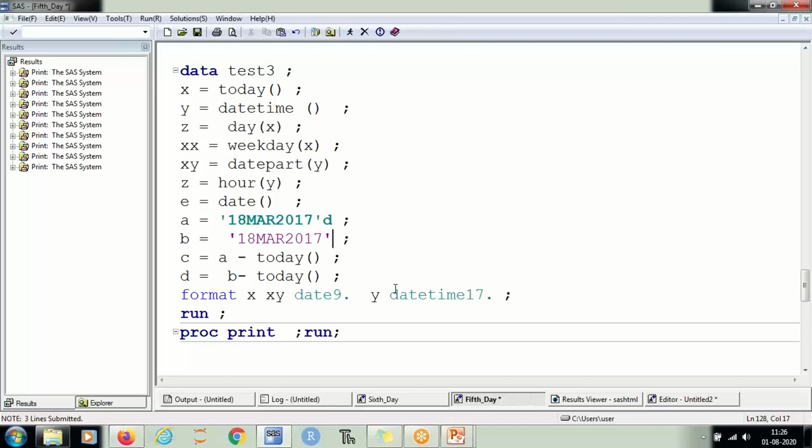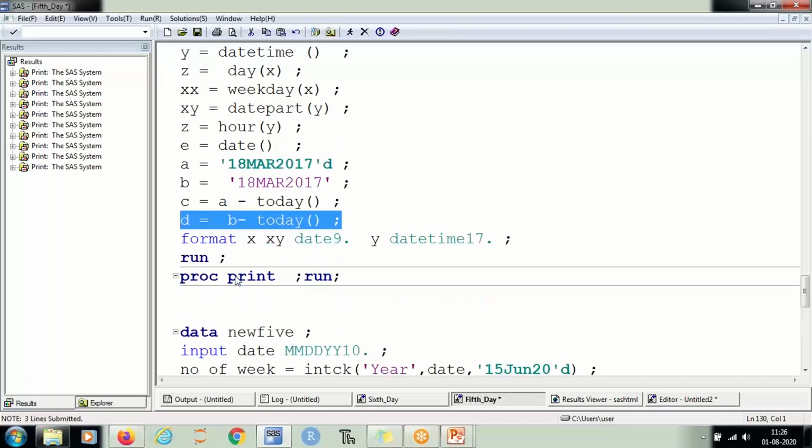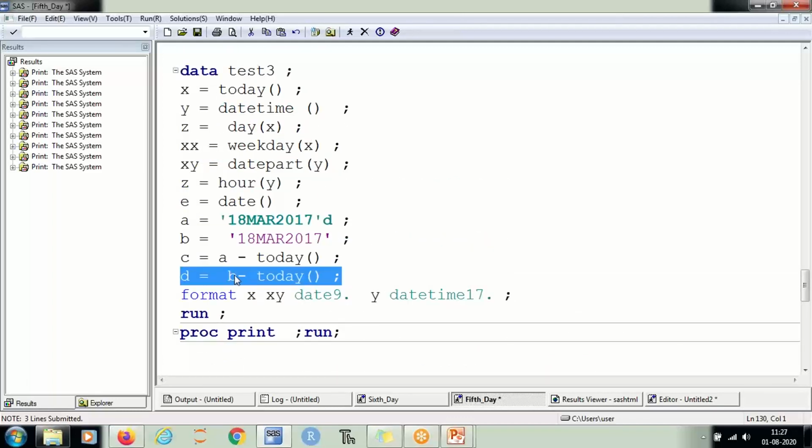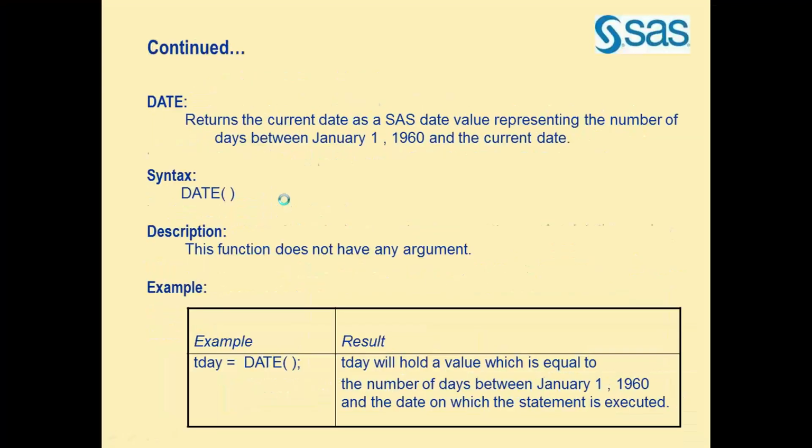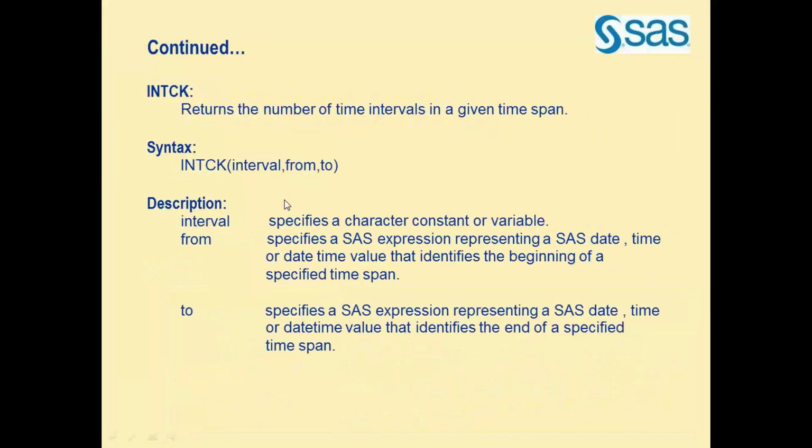So if you run this code, this will not work because we cannot subtract a date from a text. All right. So these are the few